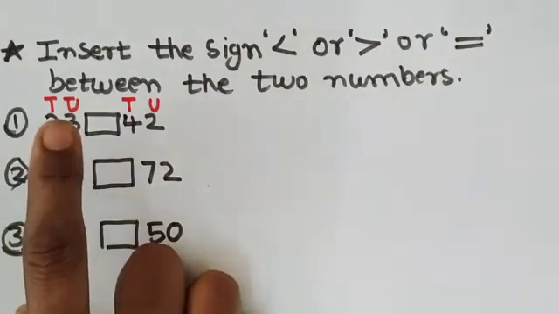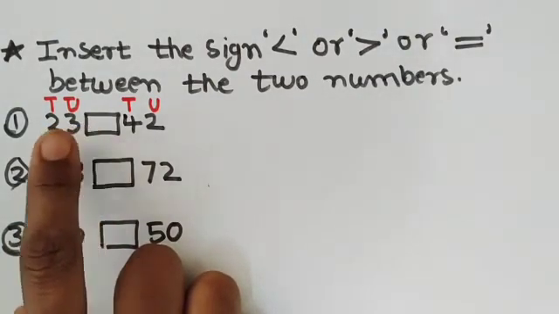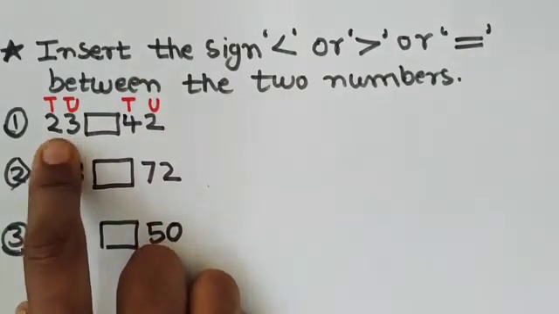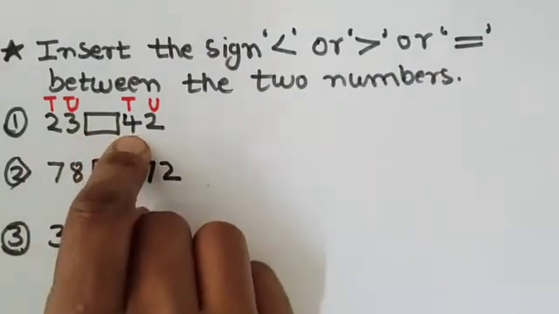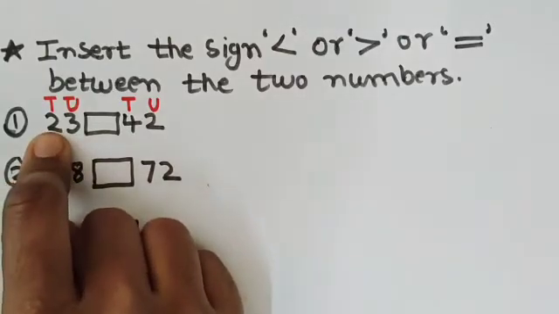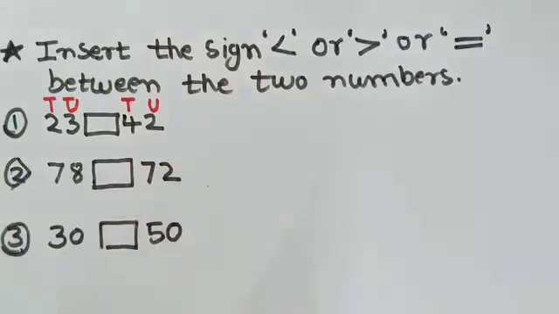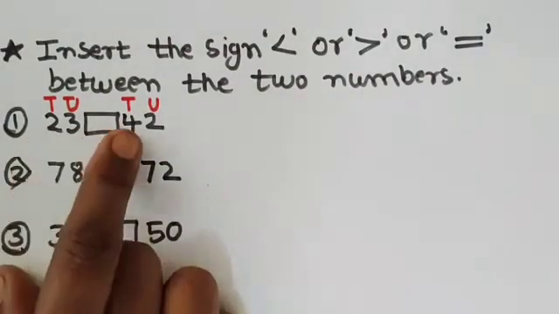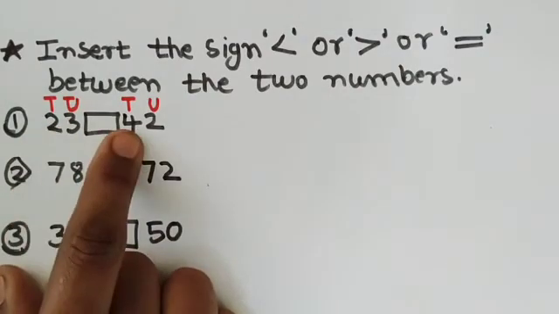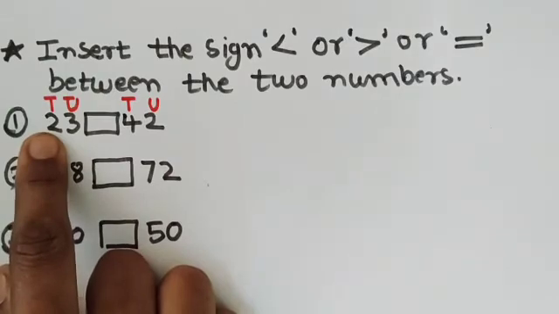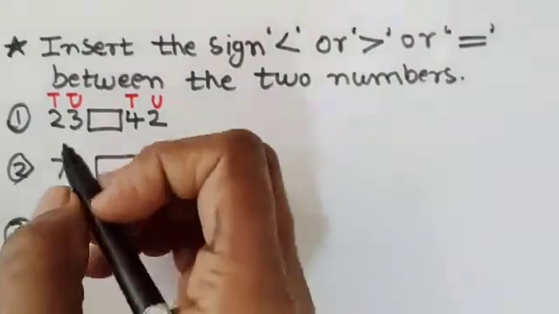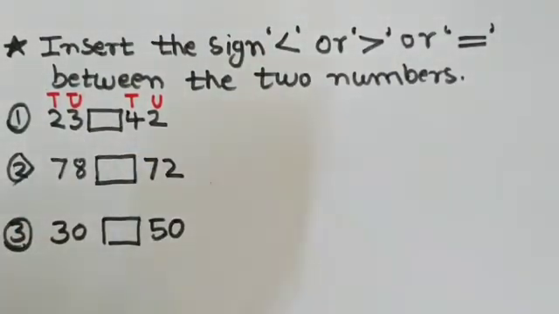So for that, the number with a greater tens digit is the greater number. Here at tens place we have 4 and here at tens place we have 2. So how will we check that, children? Yes, out of this 4 and 2, which number is greater? 4. And which number is lesser? 2. So from this we will come to know this 2 is smaller.